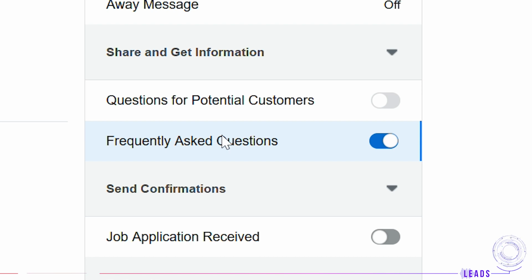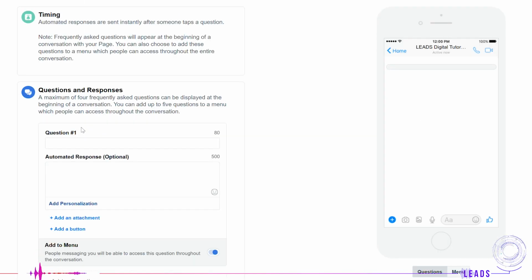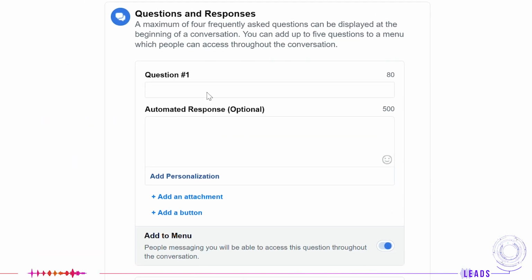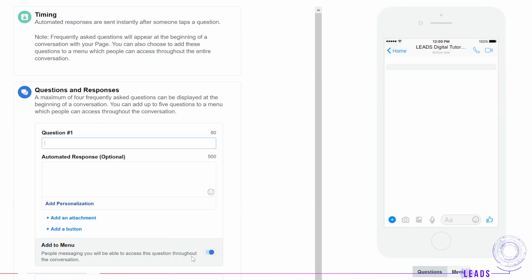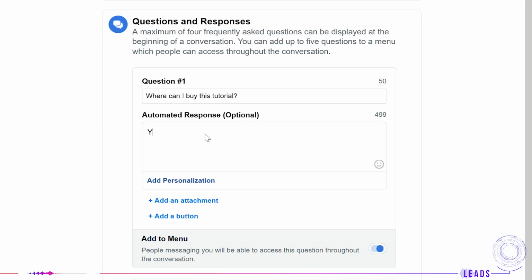Frequently asked questions. Usually on pages, there are repetitive questions, so you can easily create a kind of a chatbot by creating questions and automated responses on these questions. For example, question number 1, where can I buy this tutorial? Automated response should be, you can buy Leeds tutorials on the following link,